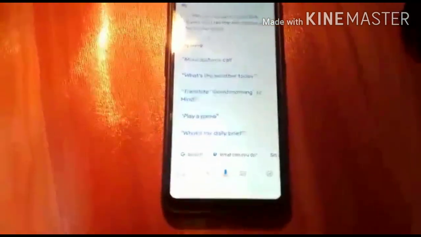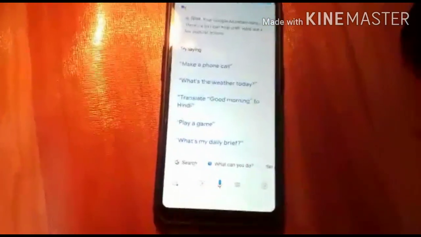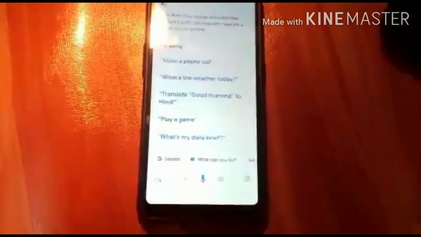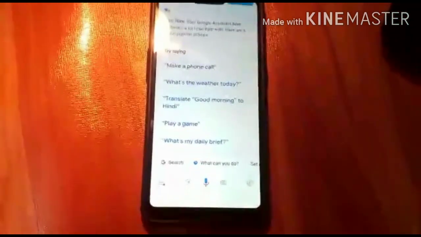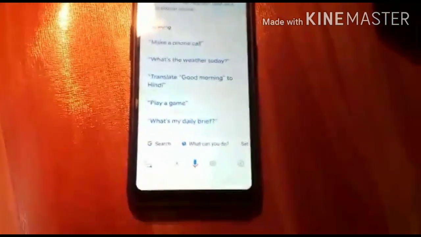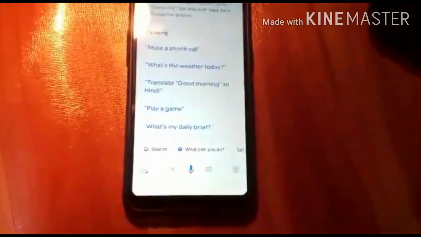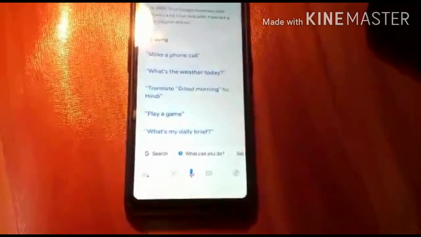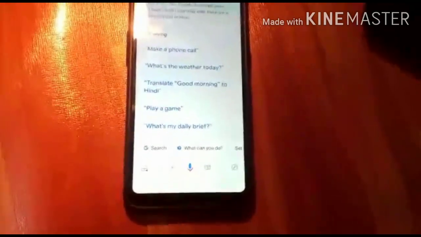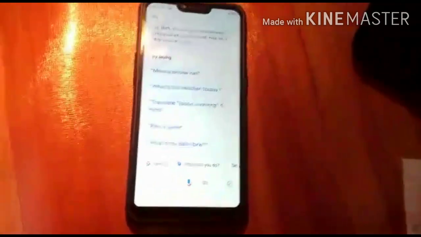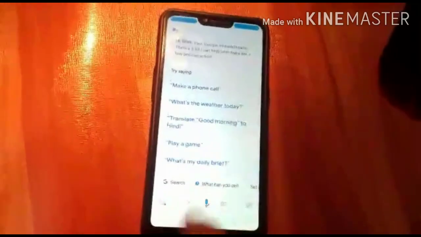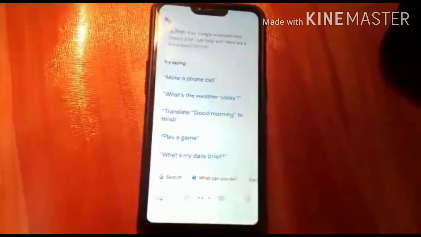Okay, so trick 3 is about creating routines. Routines are like, when you sleep, it's a common routine that you decrease your brightness and decrease your volume. So how about Google Assistant does all that? We can do that by saying, create routine.